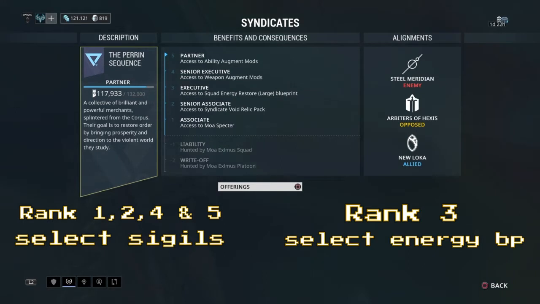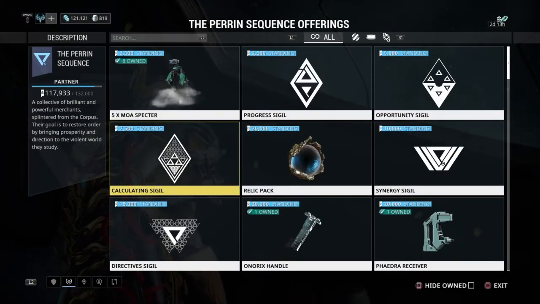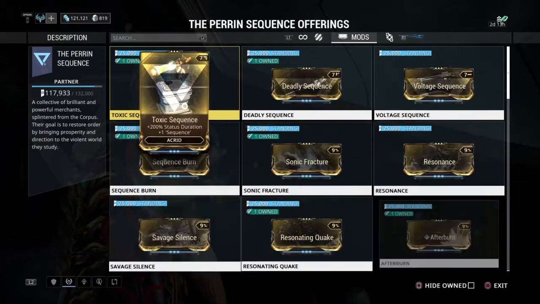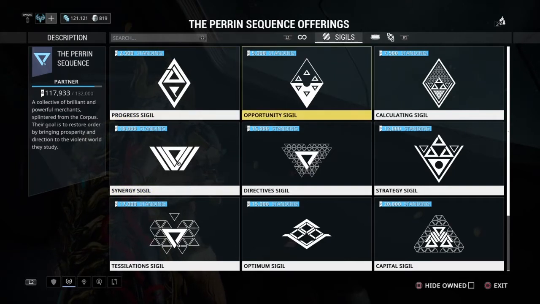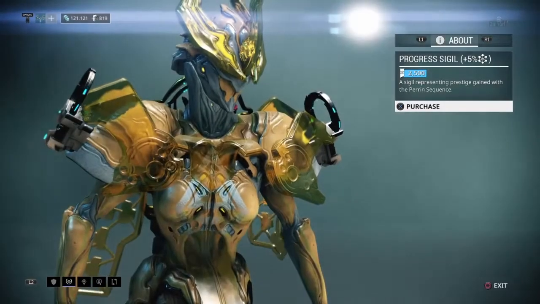Once you reach rank 4, you're going to go for the sigil again, and once you reach rank 5, you're going to go for the sigil again. Why am I saying go for the sigils again? Because if you go here into the menu of offerings, you'll see they start off like from here. They actually have 3 different types of designs, but they have the same purpose. So for the first one, if I go,